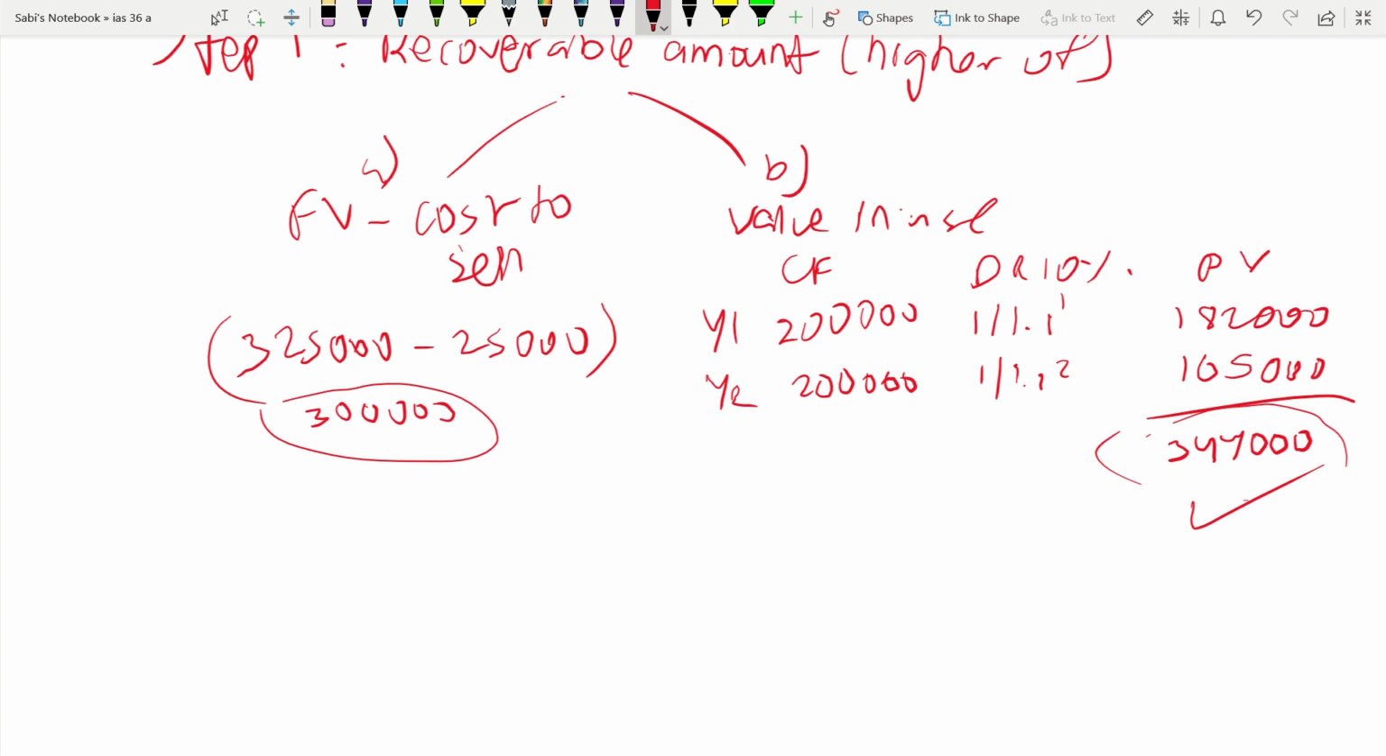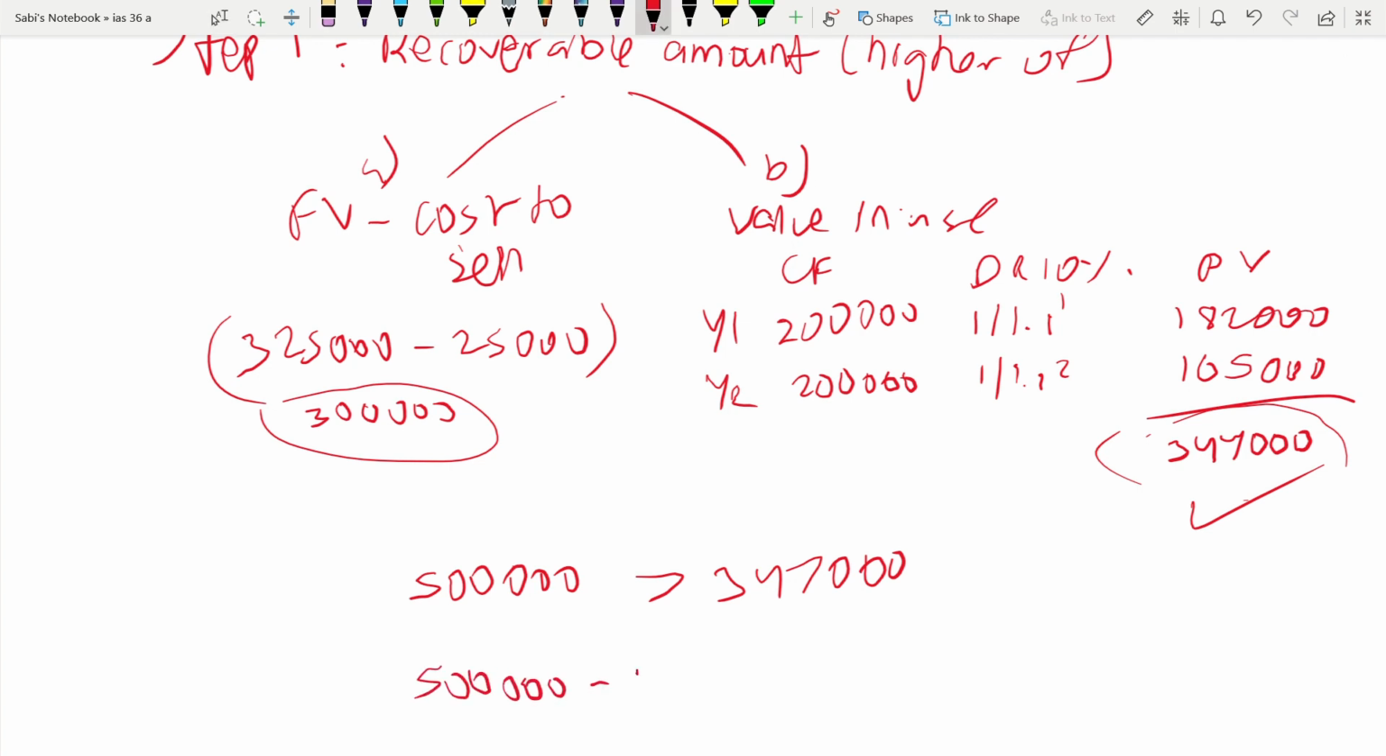This is the recoverable amount. And if you see, carrying amount is 500,000. It's more than the recoverable amount, which is 347,000. So impairment has taken place. Okay, the difference is the impairment. 500 minus 347. Okay, so it is